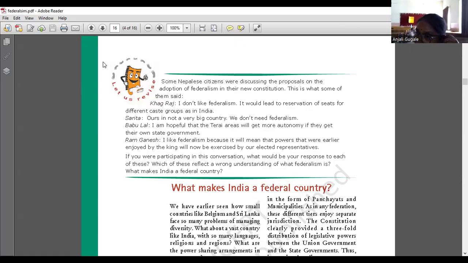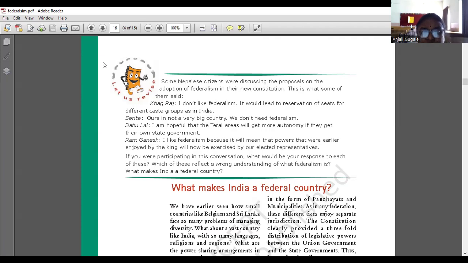Conflicts are everywhere. So whether a country is small or whether a country is big, federalism will facilitate equality in the society. If a country is federal, it will lead to delegation and division of power, and eventually it will lead to accommodation of diversity. And when there is accommodation of diversity, it will serve the dual objective of federalism, that is to keep the country united and for the development of the country.